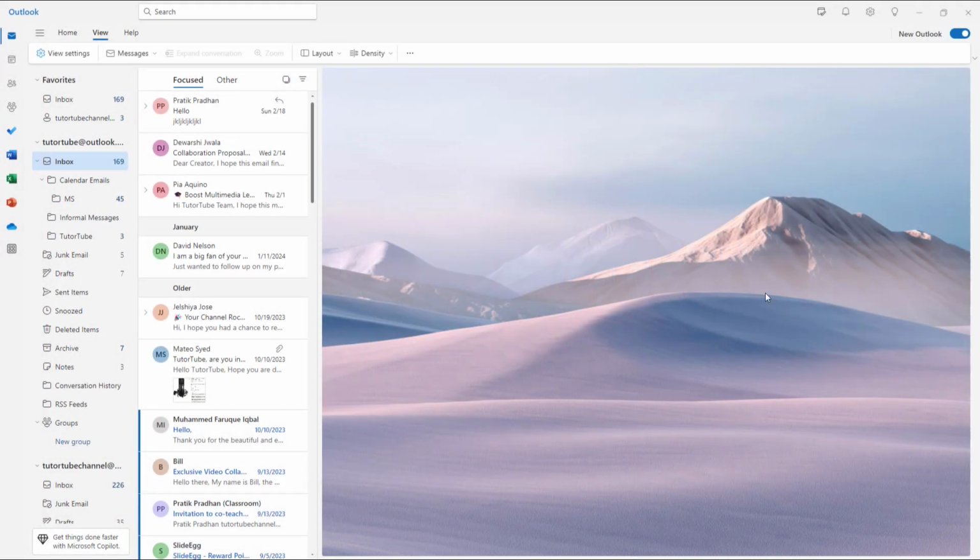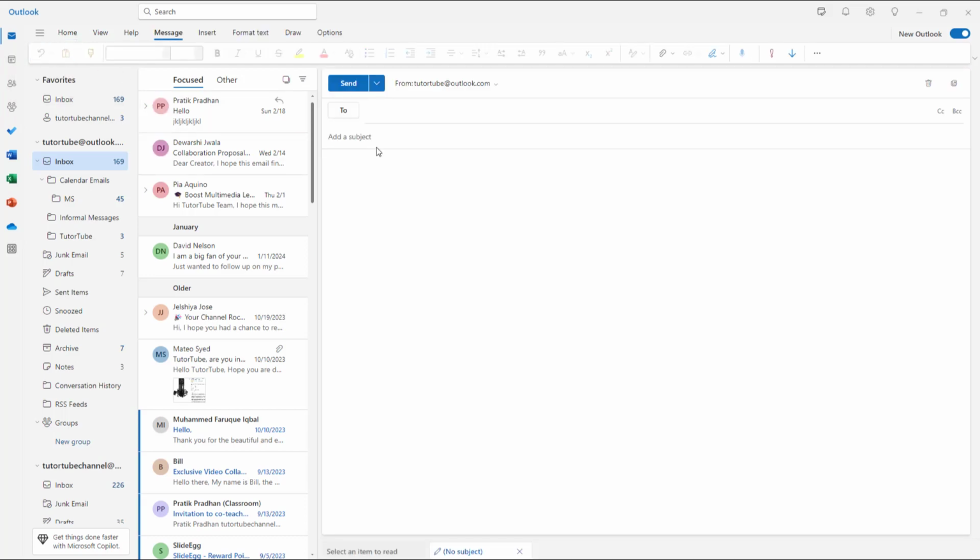If you want to create a new mail and then send it to others, what you need to do is go onto the Home tab right here. Then over here you can see that New Mail is an option. So if I click on New Mail right here, once you do that,